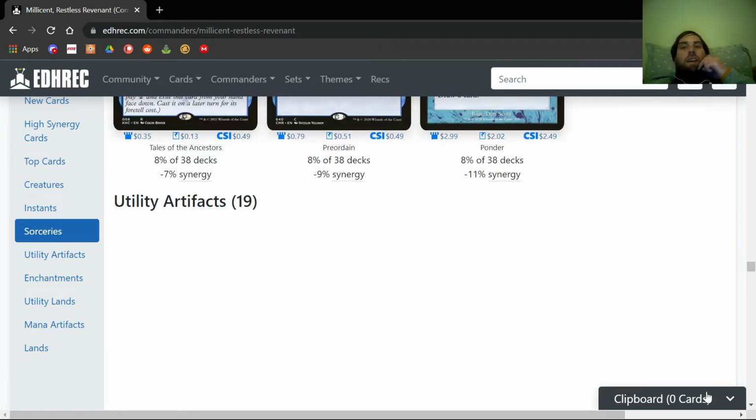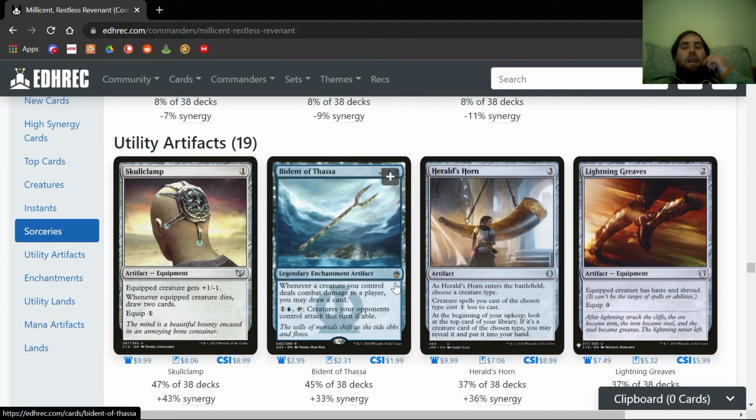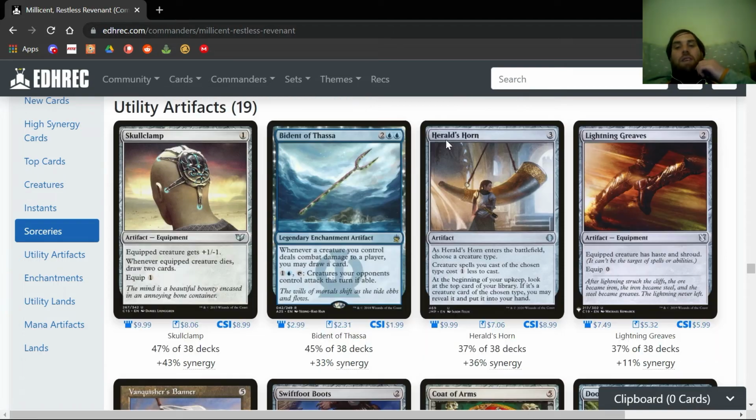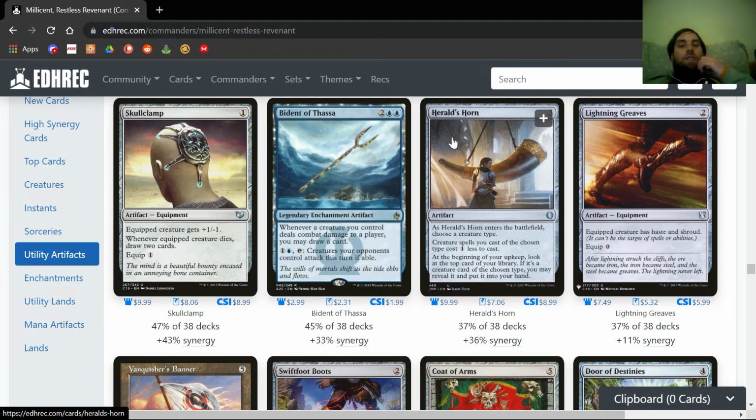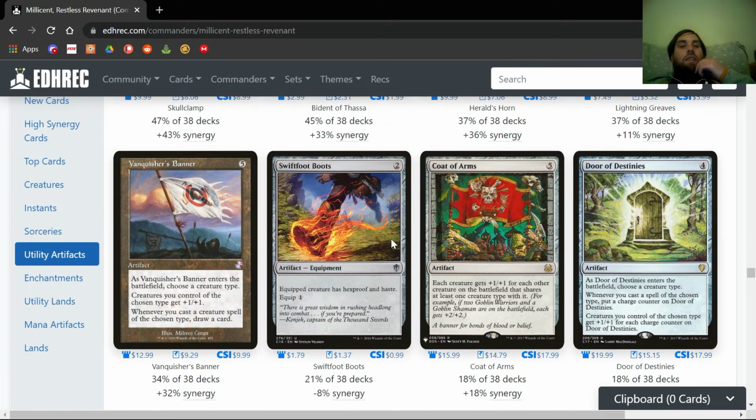What utility artifacts can we get in here? Oh yeah, Bident of Thassa. Maybe Skullclamp. Herald's Horn can be okay if your density of creatures is high enough. So yeah, that can be really good. Just the ability to give your stuff one cheaper mana. Sometimes you'll hit off the top. Mostly you'll hit off the top in a deck like this where it's a higher density of creatures that are on tribe. It is like $10 though, so again,